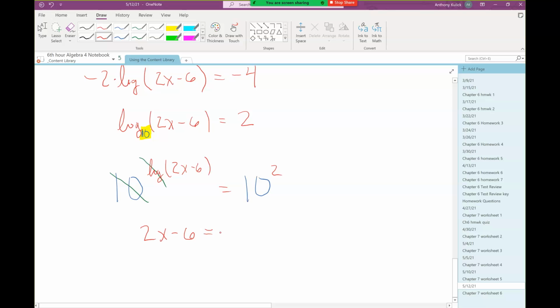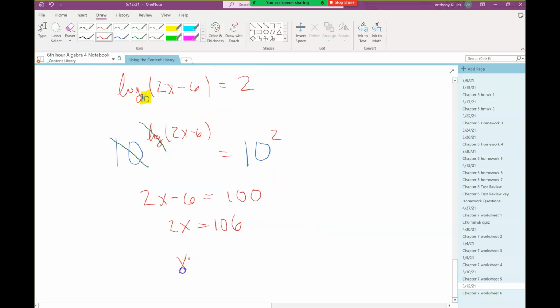So I'm left with just 2x minus 6. And then 10 squared is 100. So then I can just add 6 to both sides. And then divide by 2. To get x equals 53. But